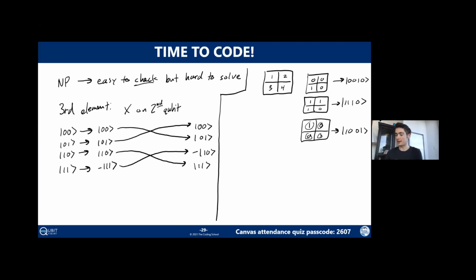I won't go into that, but the general point I'm trying to make here is that you can design an oracle that enforces certain constraints. The constraint here is that you need different values in each row and column. Knowing the constraints is not the same as knowing the solution to the problem, though, right? In this case, it just so happens that we can look at it and solve it fairly easily, but you could easily come up with a problem that has simple constraints, but is very difficult to find the answer to,